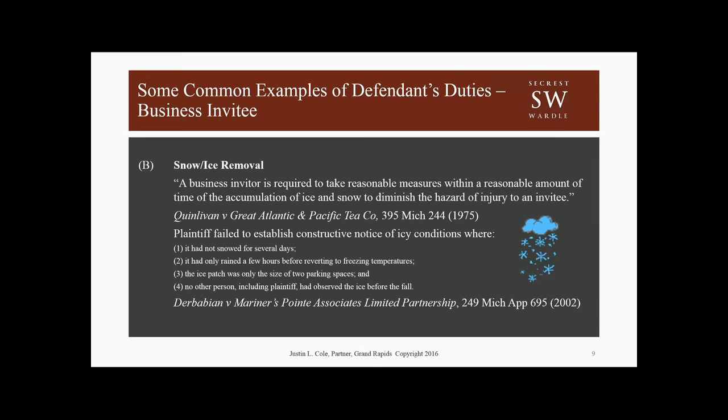In that case, the evidence confirmed that it had not snowed for several days, it had only rained a few hours before reverting to freezing temperatures, the ice patch on which the plaintiff slipped was only the size of 2 parking spaces, and no other person, including the plaintiff, had observed the ice before the fall. Under these facts, the plaintiff was unable to establish constructive notice on the part of the defendant. In fact, more recently, we've seen that black ice claims often fail for these very same reasons, lack of constructive